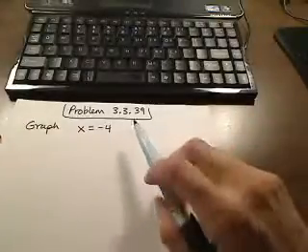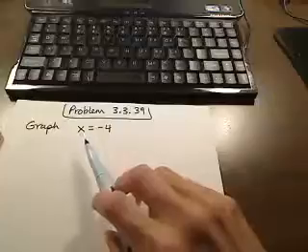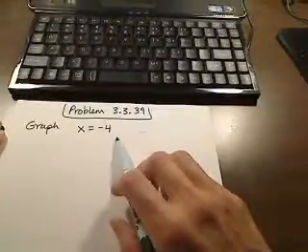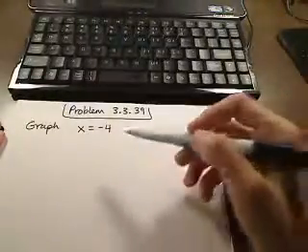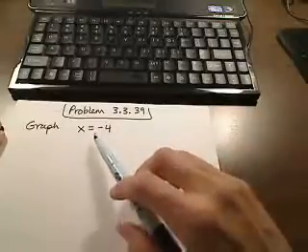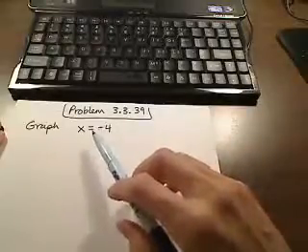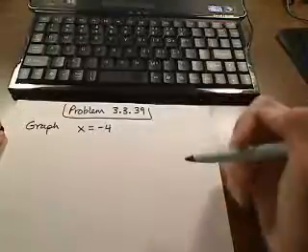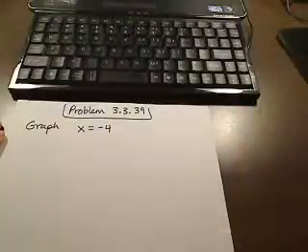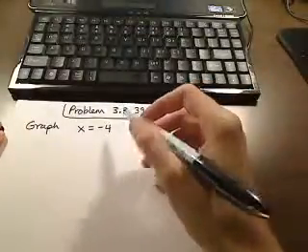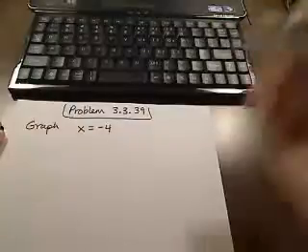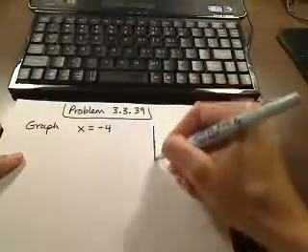Okay, so this is problem 3.3.39, and they're asking us to graph x equals -4. We need to remember that whenever we're graphing an equation that only has one of the variables in it, we're looking at a special case line. And in this particular instance, whenever we have x equal to a constant, we're actually talking about a vertical line. So